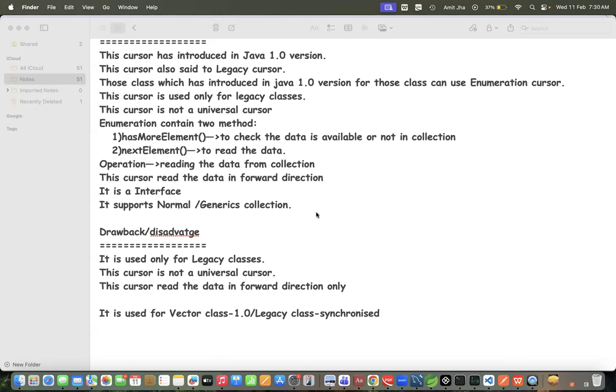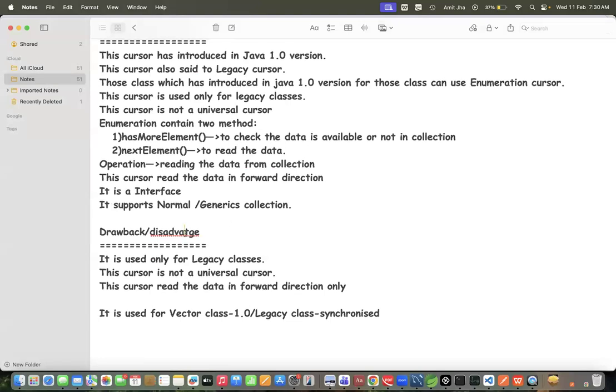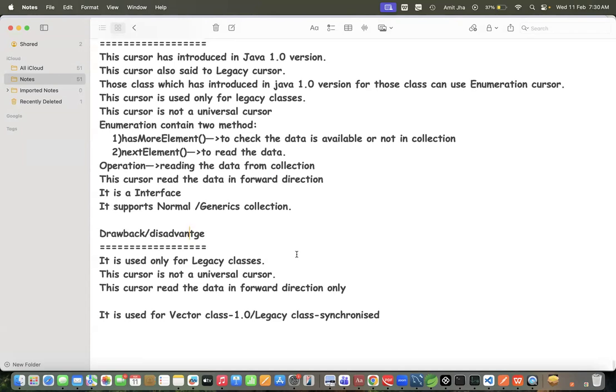So, guys, this thing you need to understand, right? You can tell this to the interviewer, or anybody, if they ask the question. And most of the time they may ask it. If you say vector is synchronized, then they may ask what is the meaning of synchronization. So please keep in mind these two answers.